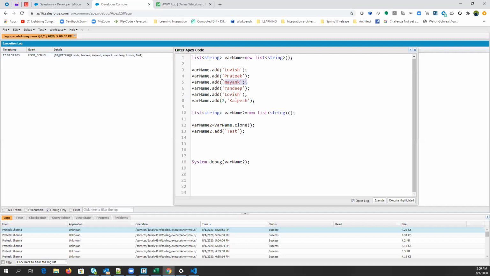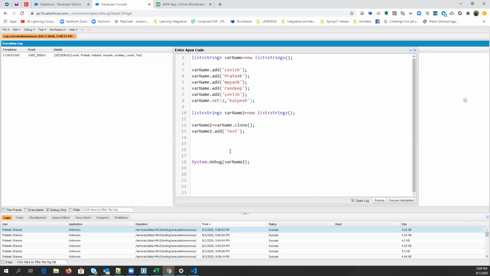Earlier Mayank was on index number 2, but now Mayank is shifted to index number 3 because we have specifically inserted a value on a particular index. Clear, guys? But if you use set in place of add, then Mayank will be completely replaced. It will not shift. It will be replaced by Kalpesh.